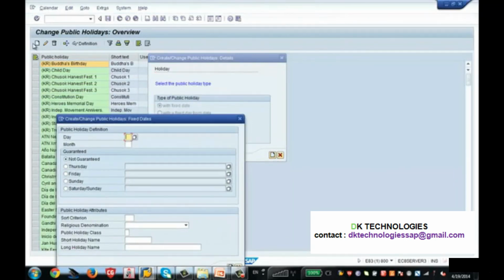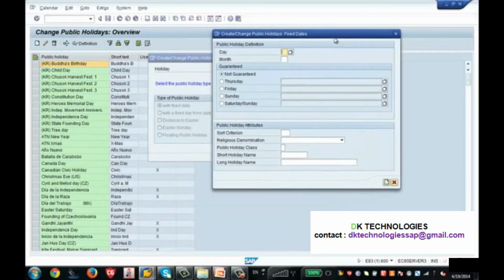I picked this option and clicked create, and now this screen came up. Here it is asking what day. This is just some testing, so I say 2nd of May and I want to give this as a fixed date.